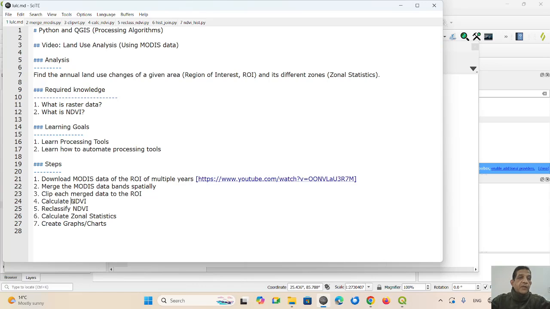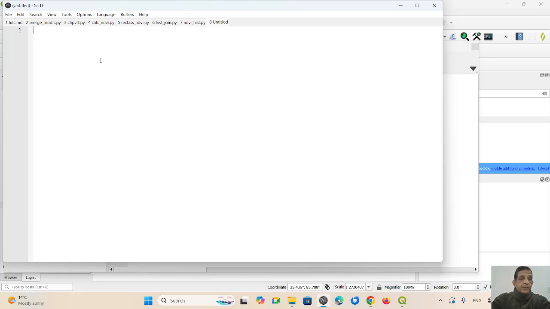We know that NDVI values range from -1 to 1. So I create a new file. For example, -1 to 0 will be classified as 0, then 0 to 0.1 will be classified as 1, 0.1 to